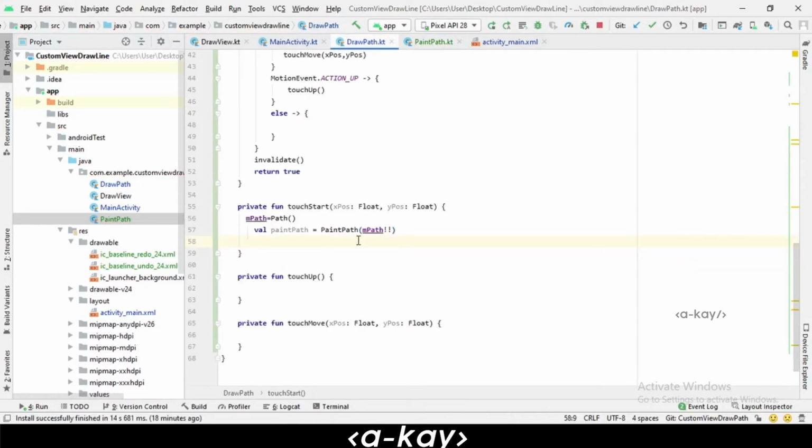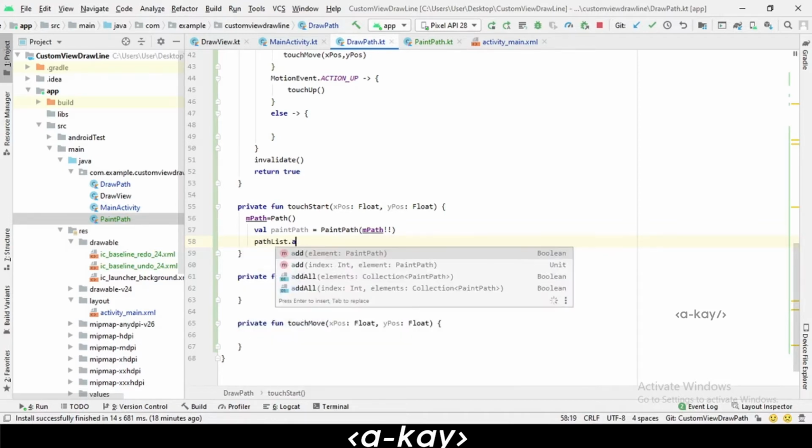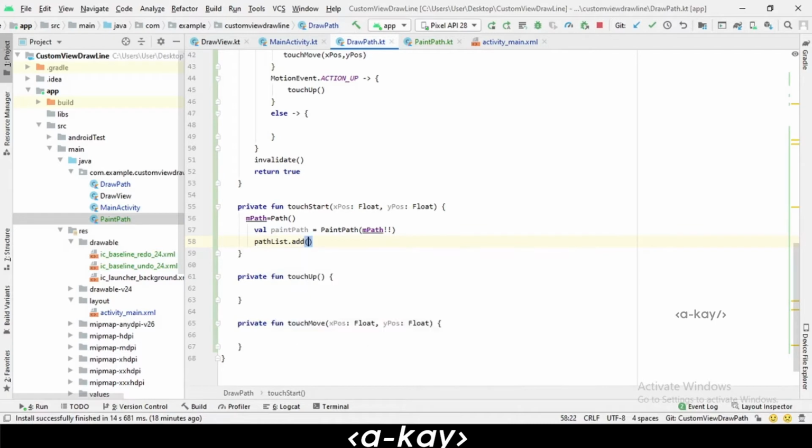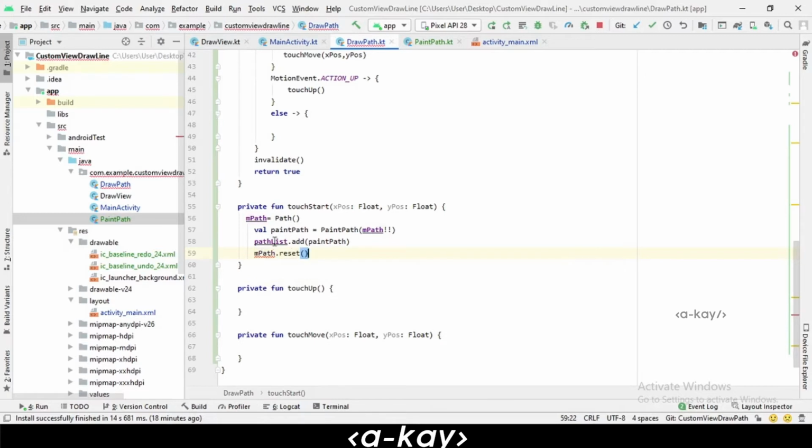Okay, here we are going to add this into our path list, add paint path. Okay, we successfully added this, and next we are going to reset our m path because the user will definitely redo the lines, so we have to reset once it is added.